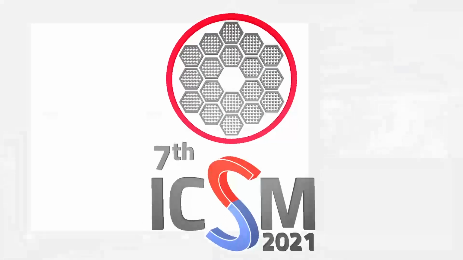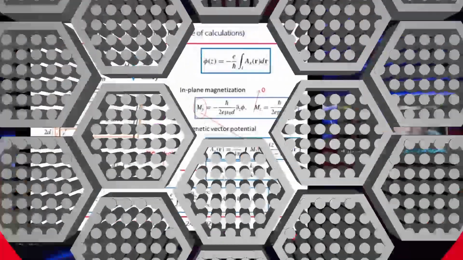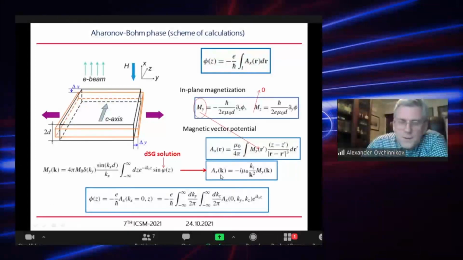To solve this equation by using Fourier transforms, it's a quite simple algebraic form like this. And to define the Fourier component of electromagnetic potential, we have to determine magnetization My depending on K via this Fourier transformation, which depends